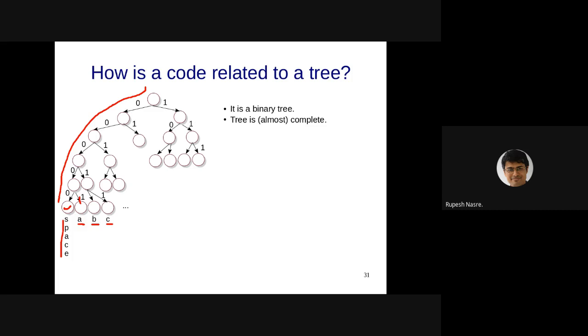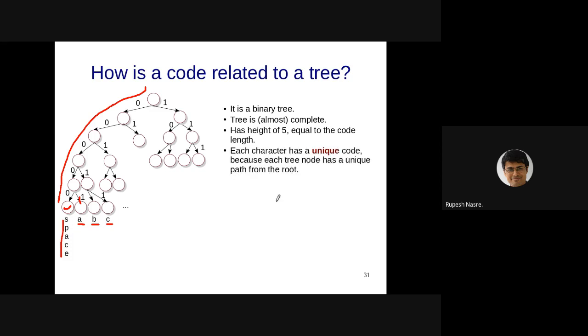And the tree is almost complete because most of the codes are present here, since we have 27 letters out of 32. So there will be some parts which will be null. It has a height of 5. Well, height in terms of number of edges, but if you count in terms of number of nodes, then it might be 6, depending upon what you want to call height.